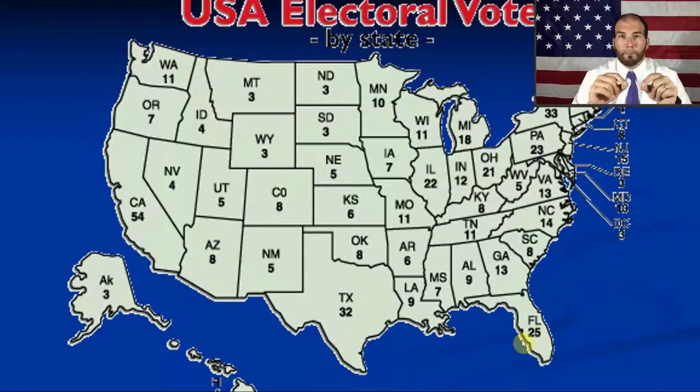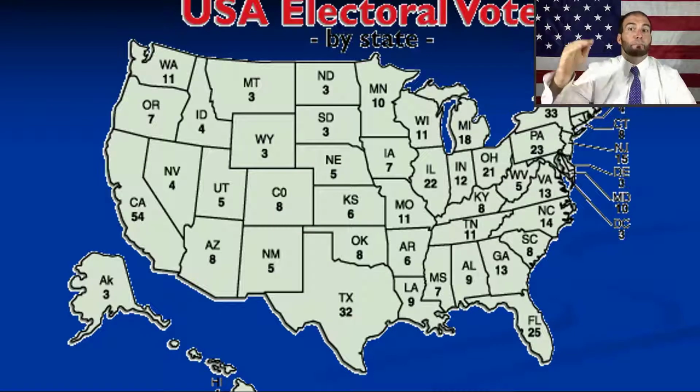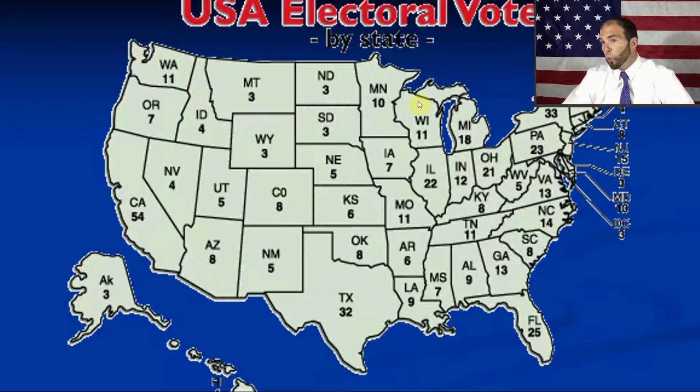So what happened is in the states that Hillary Clinton won, she got almost all the votes in those states. In the states Donald Trump won, he barely won in those states. But at the end of the day, he won way more states than Hillary Clinton did, even though more people in America voted for Hillary Clinton. It's the Electoral College, all right? That's how it works. If you're like, why?